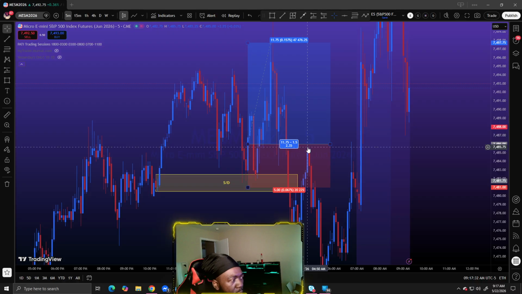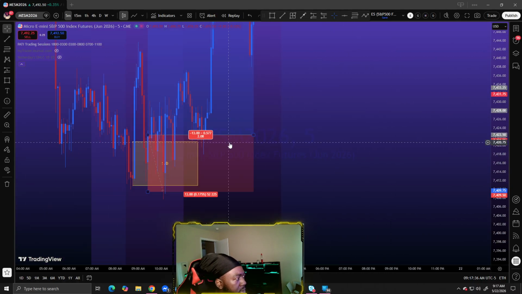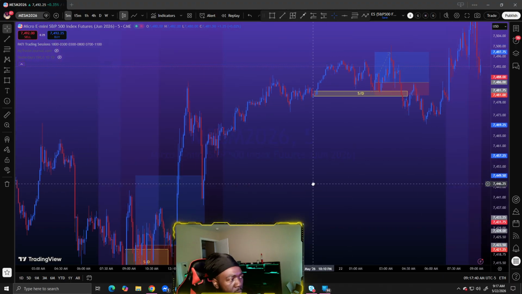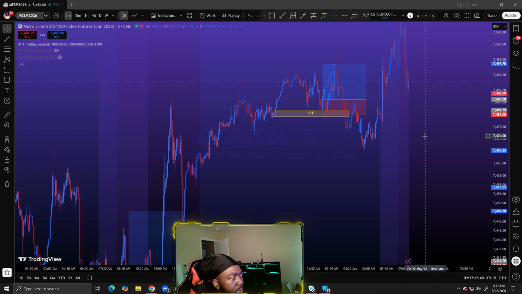It was a little over 1-2 on this trade, which I was kind of fine with. This one was a 1-2, almost exactly. And that's what I'm shooting for. I'm only shooting for 1-2. So if I lose, that's cool because I know my win is going to cover that loss and then some.